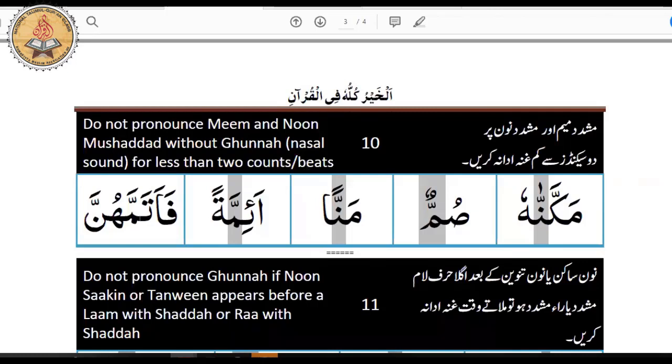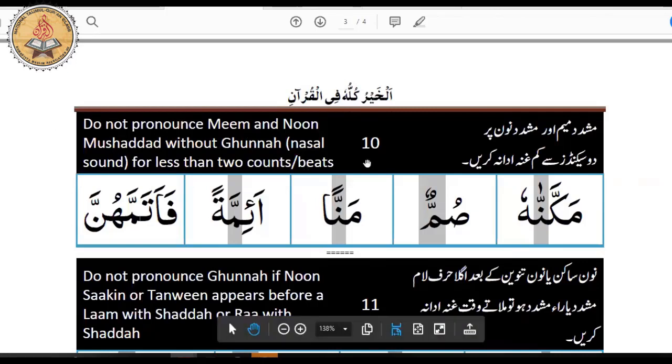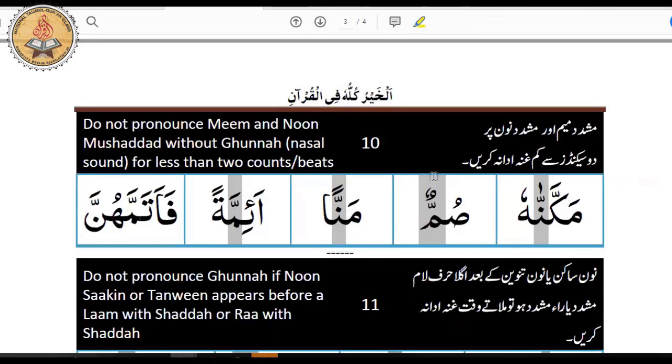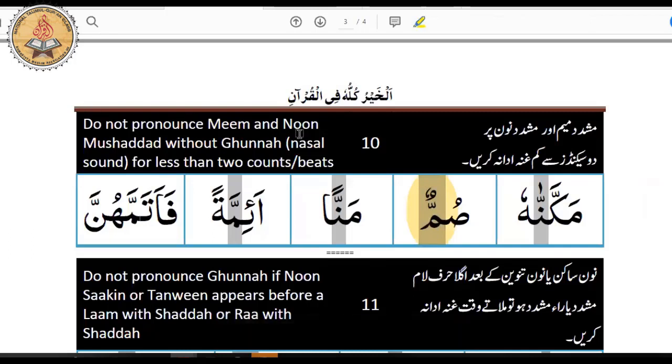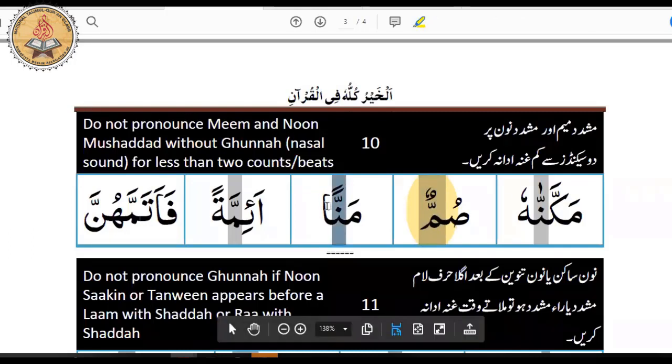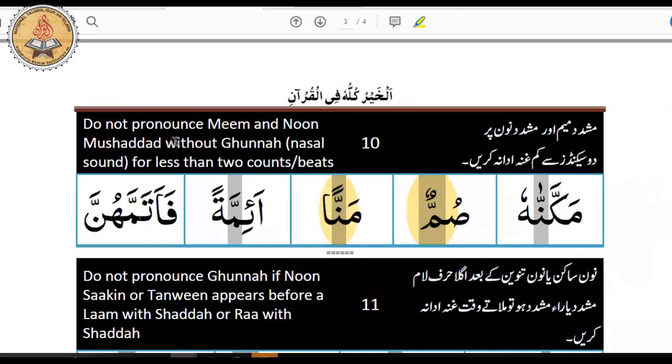Excellent. Well done. Well read. So do not pronounce meme. So we have meme here, as you can see, I'll highlight that for you. Meme, and this meme has shadda. So do not pronounce meme and noon, and this noon is here with a shadda as well, without ghunna. So you have to pronounce it with ghunna, which is nasal sound. What's a ghunna? What's a nasal sound? What do we mean by that? When you make a sound with